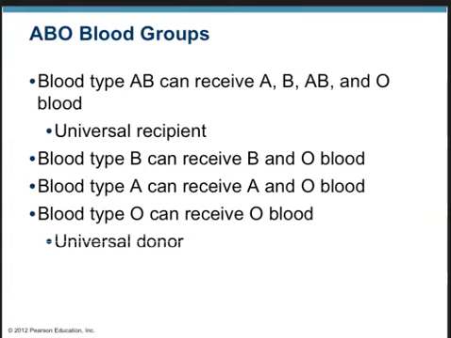Now you might think that this is a dangerous situation to be a type O individual and only be able to receive type O blood, but it turns out that type O blood is the most common blood type in the United States, so it's not as if there's going to be a dwindling supply of that blood type anytime